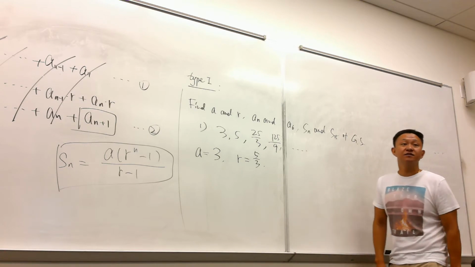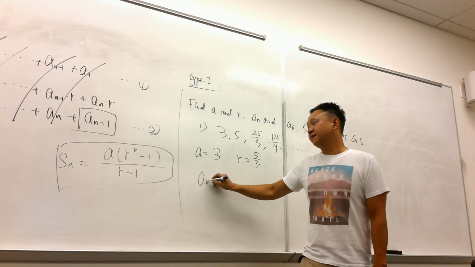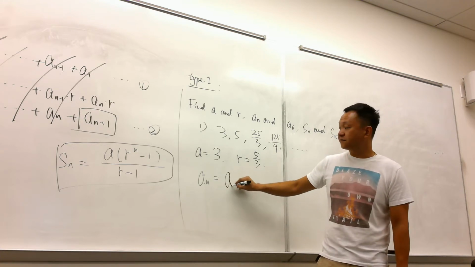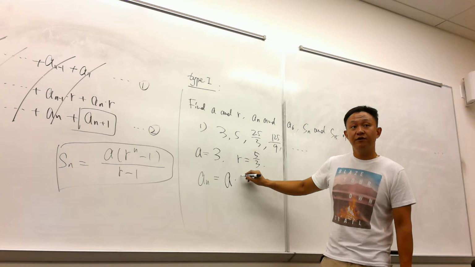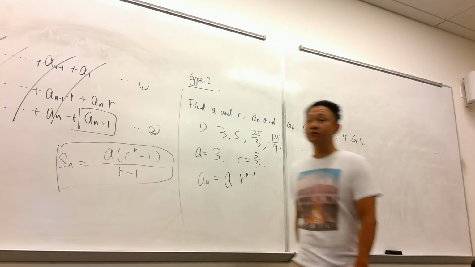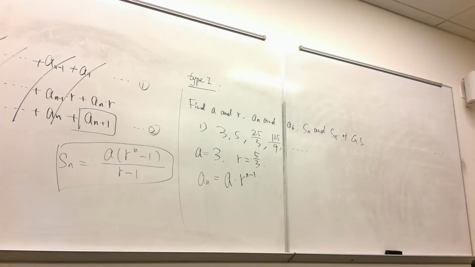And then let's see what's the A sub n, guys. A sub n by formula is the first term A times the common ratio R to the power of n minus 1. Exactly. And then what are you going to do now? For the particular question, you just substitute A by